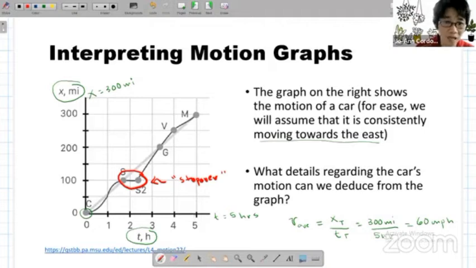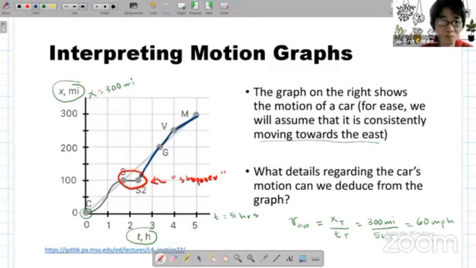Okay? And then, what you will also note is that if you look at the slope of the graphs ng ating motion, you will notice that the slopes for distance over time is essentially different so that we can actually make a judgment where the velocity is faster. So saan po ba faster ang velocity natin? From S2 to G, from B to G. Okay, so sabi ni Sir John Christopher, steeper slope